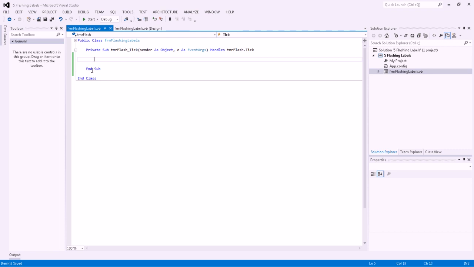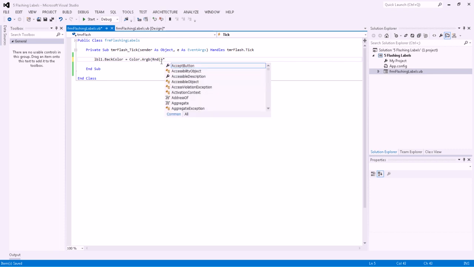And then also I know that I want LBL1 back color. Oops, it's lagging a little bit. Back color to be equal to Color.FromArgb. This could be a really short video because I'm pretty sure I remember the code. So that's saying that the label's background color will be equal to a color using its red, green, blue values, and those red, green, blue values want to be RND